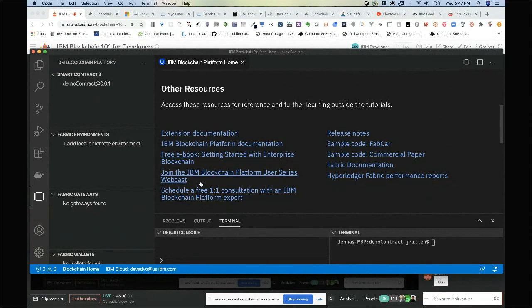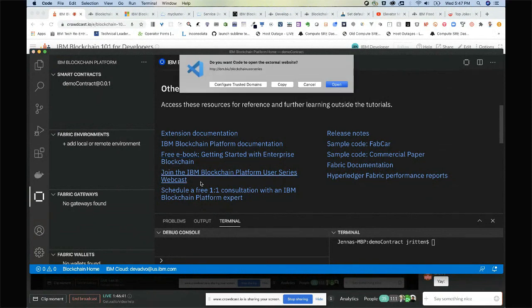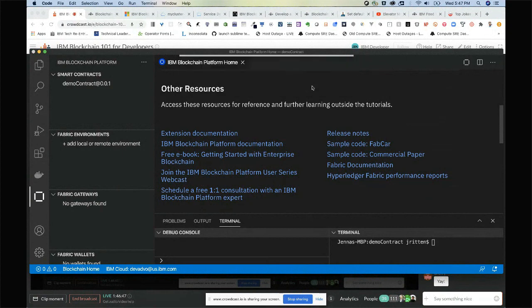You can always join the IBM Blockchain Platform User Series webcast. And then there's sample code. So there's a fab car and commercial paper. There's Fabric and Hyperledger Fabric documentation as well.